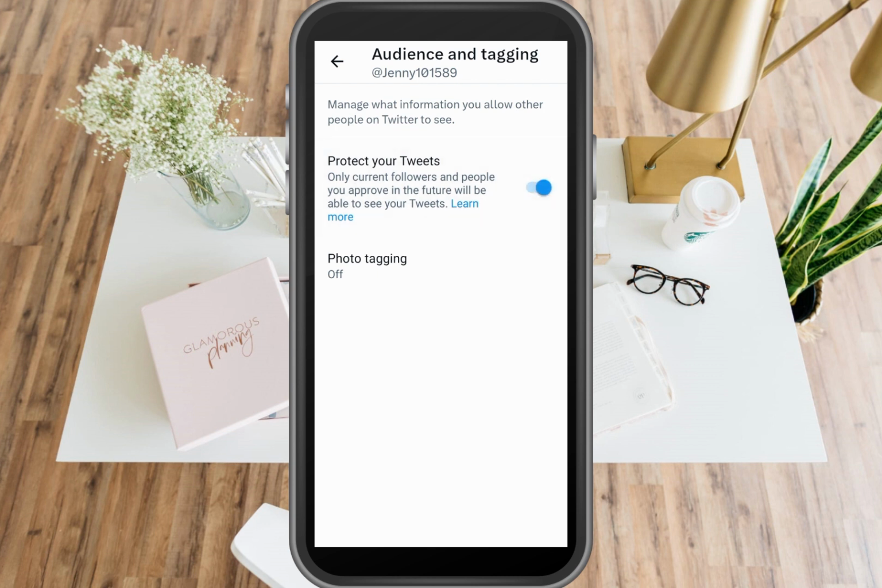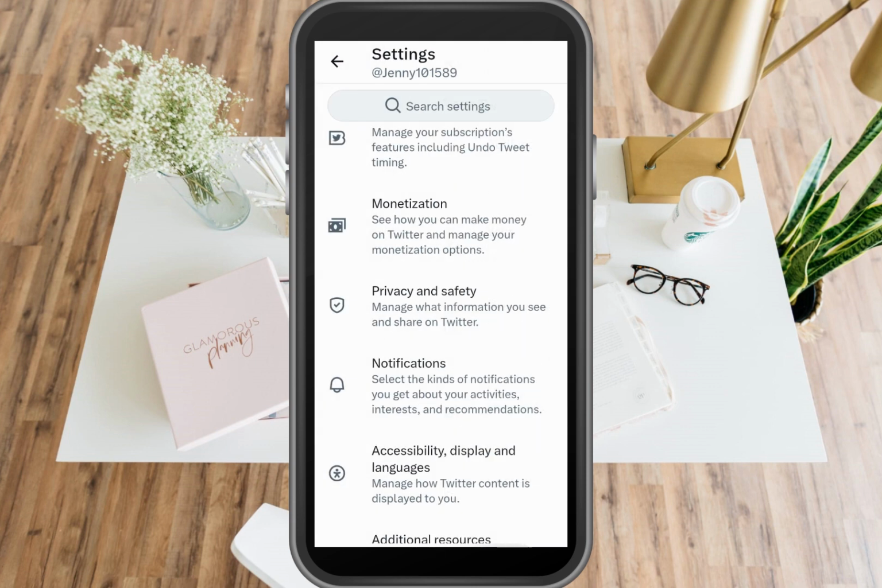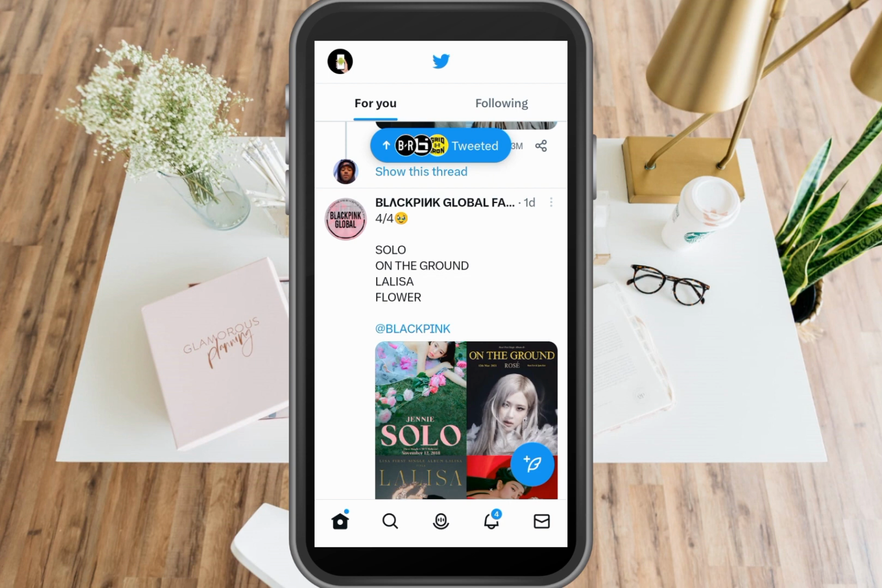Once done, you can go back and feel free to share anything, your thoughts, your pictures, any ideas, because you know that only your followers can view your